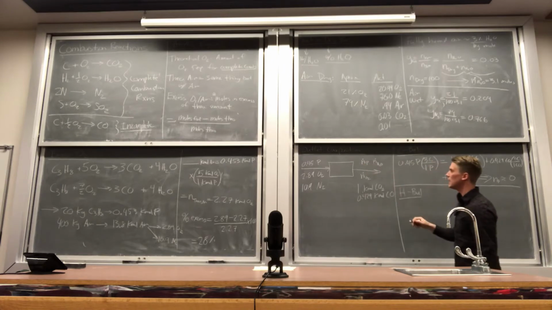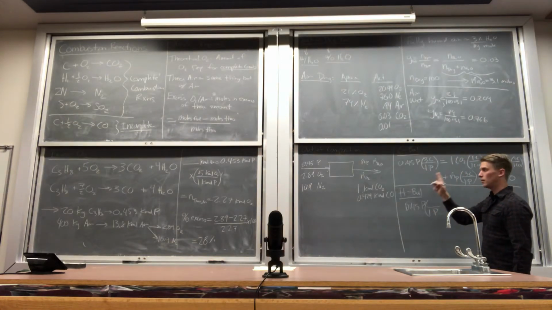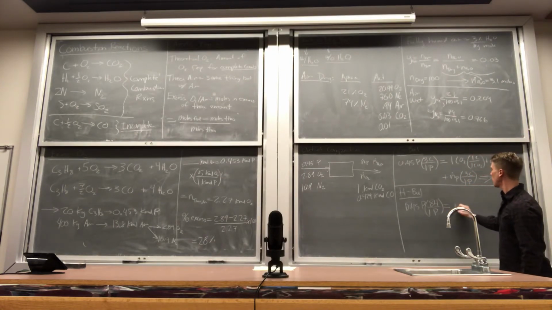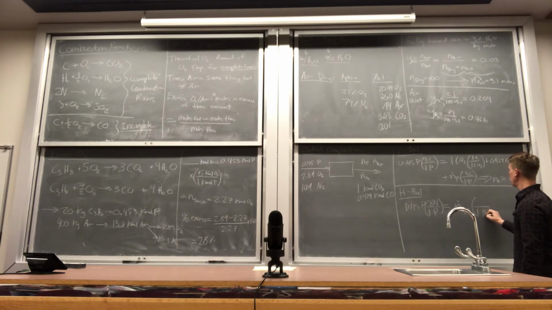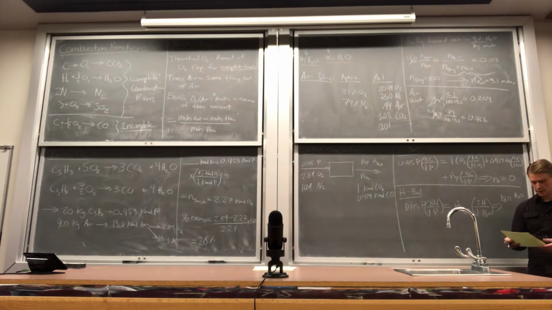in which case coming in, we have 0.45 propane. For every one propane, we have how many hydrogens? 8 hydrogens. Leaving the system, we have our water. And for every one water, we have 2 hydrogens. And that gives us a flow rate of water of 1.812 kilomoles of water coming out of the system.